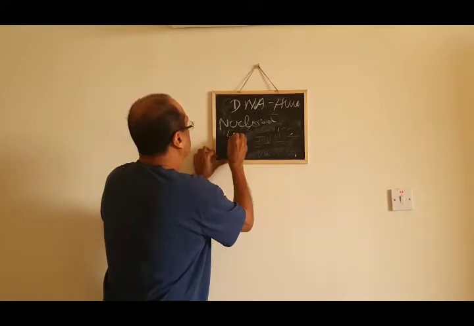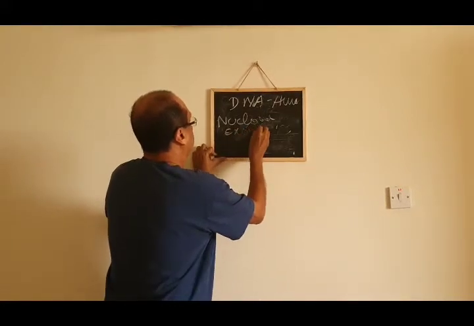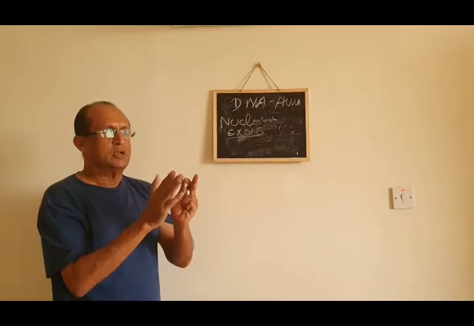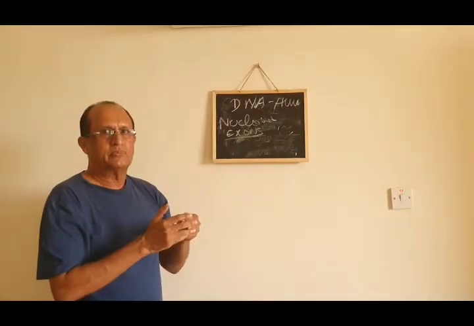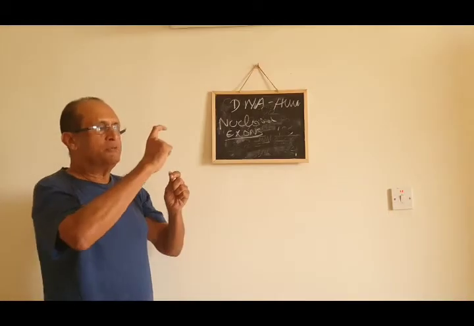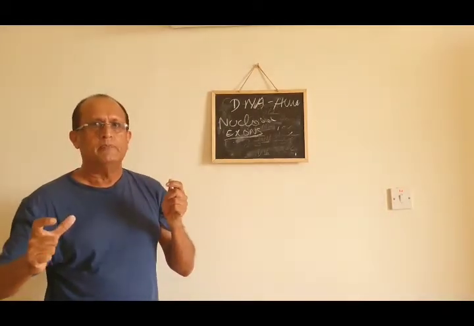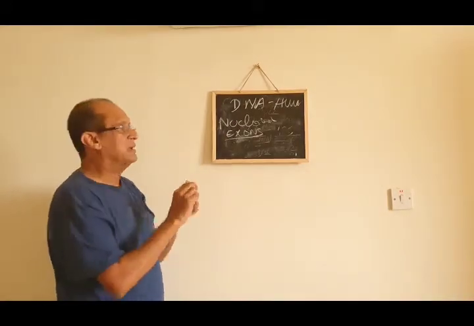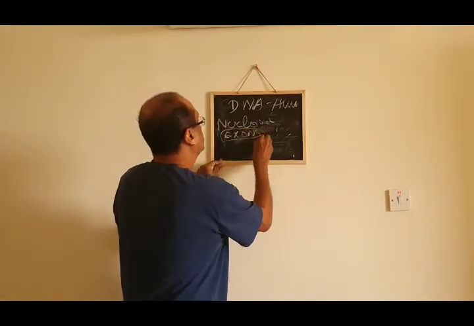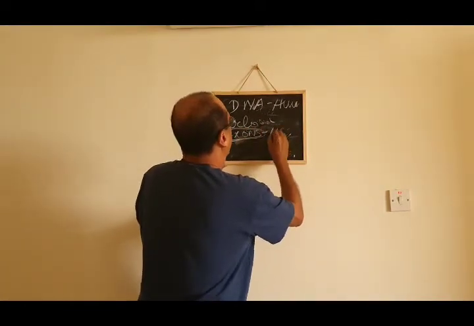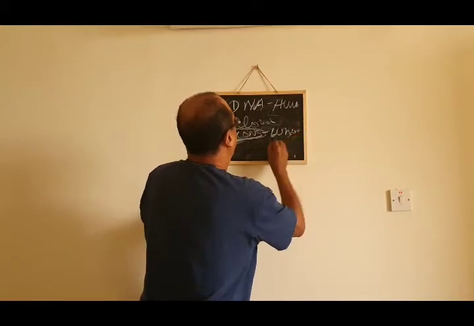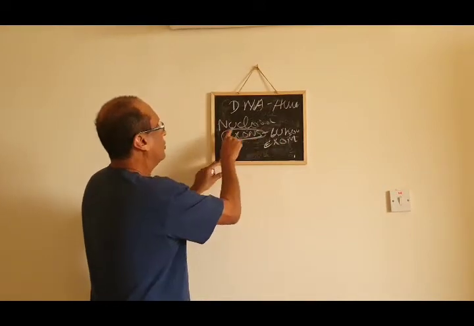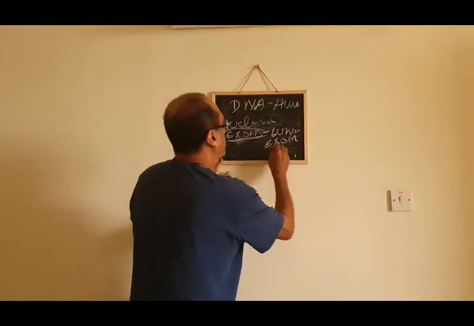And you know there are exons and introns. The exons are the coding portion of a DNA. The exons are the ones which give instructions to make a protein. If you take a whole human genome, 1% of the genome is constituted by the exons, and if you study all the exons of a human genome, it is called whole exome sequencing. The whole exons of a genome are called the exome.